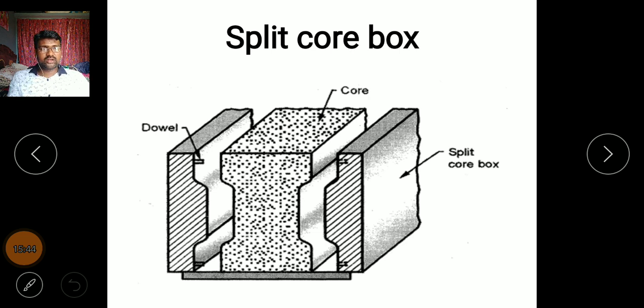As observed in this diagram, here it is known as the core. It is based on the required shape. We have to prepare the core box in two halves. First, we have to attach both boxes in the required position by filling the core material inside the box. After the heat treatment, it gets solidified. But after that, we have to split the core box into two halves. We get the required core shape.